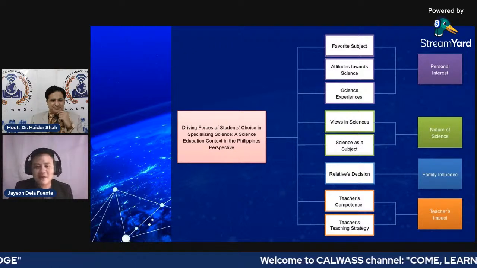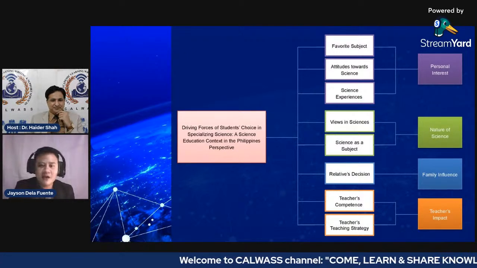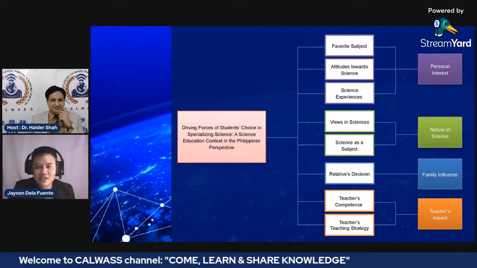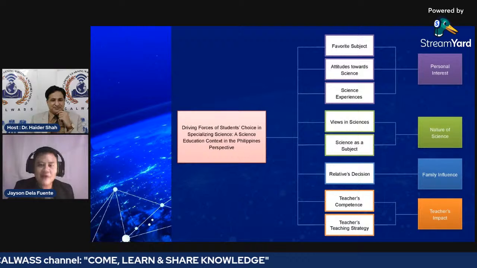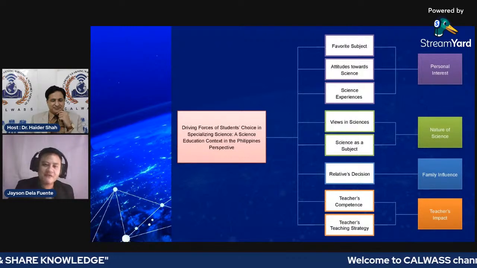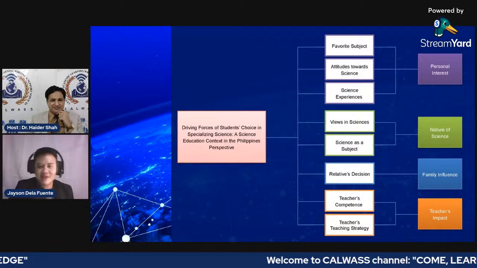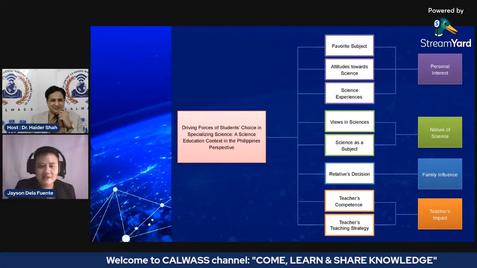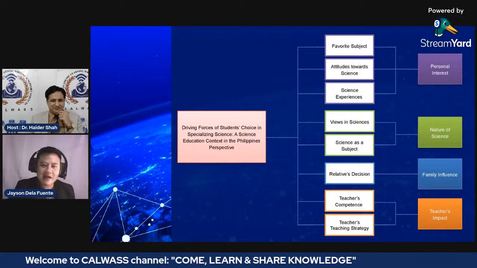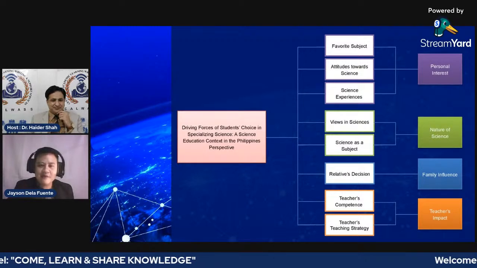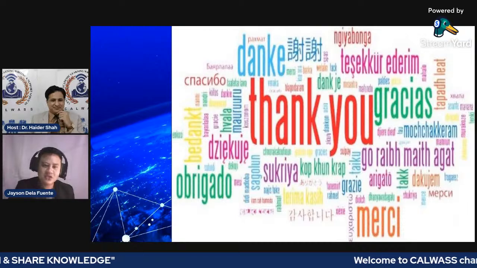All in all, these are the four themes generated from the clusters, and these clusters are taken from the units of relevant meaning. So this is how I present my qualitative data in generating my themes to have a very good qualitative research paper. Okay,